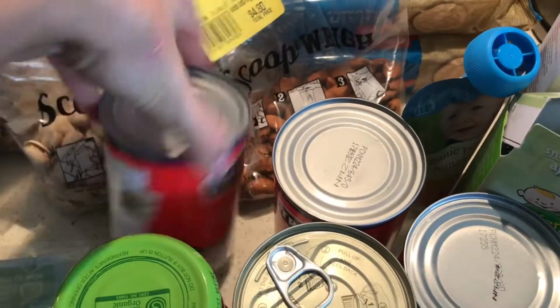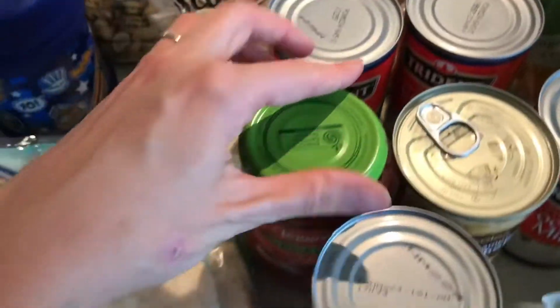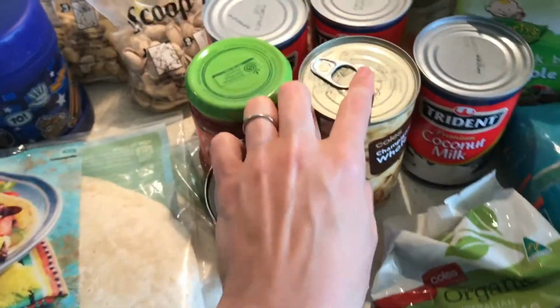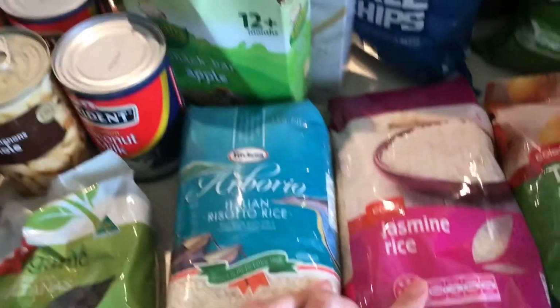I've got rice crackers, extra baby food, a whole bunch of coconut milk, because I'm going to do that coconut yogurt again. That worked out well. Organic tomato paste, mushrooms for pizza, sultanas, arborio rice, jasmine rice,